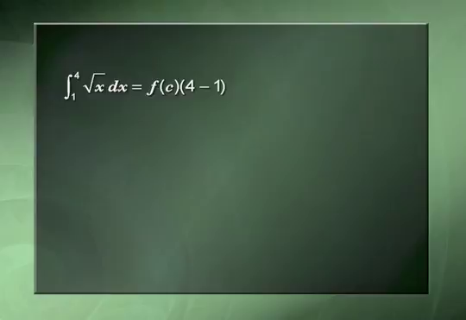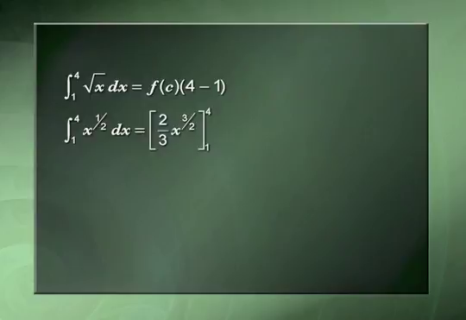Let's find that number c. So first I'm going to find an antiderivative of x to the 1/2, the square root function. That would be x to the 3/2 divided by 3/2. And then when I flip that fraction up, I get 2/3 x to the 3/2, and then I plug in my endpoints, which are 1 and 4, and I get